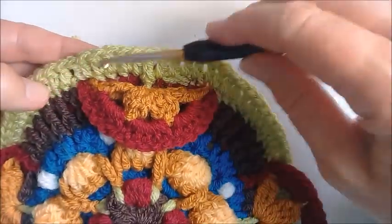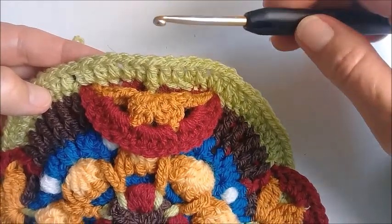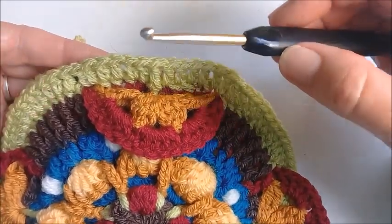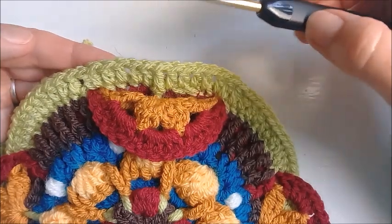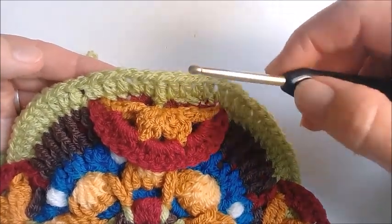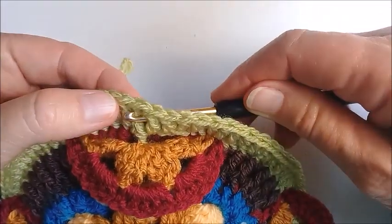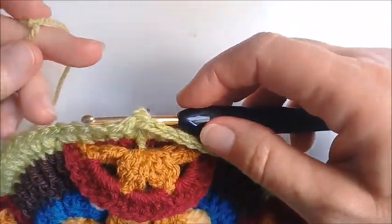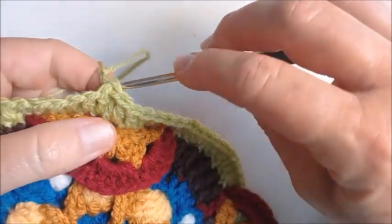Okay, so now in total we should have 92 stitches. So we should have 88 double crochets, and we should have 4 treble front posts. Okay, so in all that's 92 stitches. So what we're going to do now, and you can actually start anywhere, you don't have to start where I'm starting, but I'm beginning with a single crochet back post